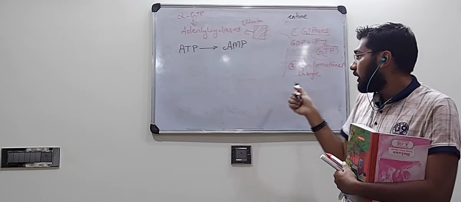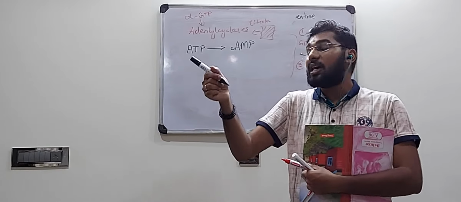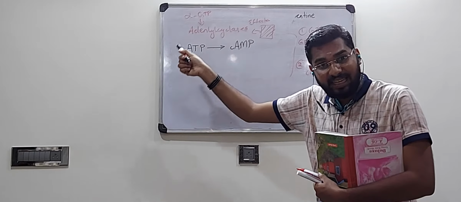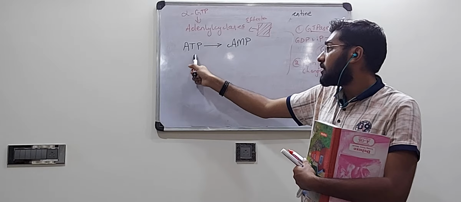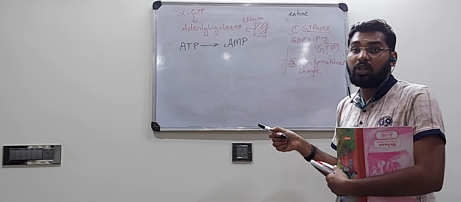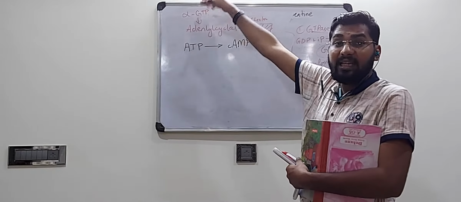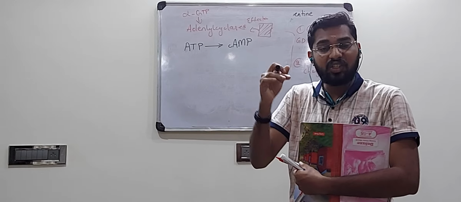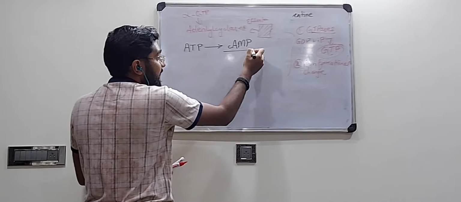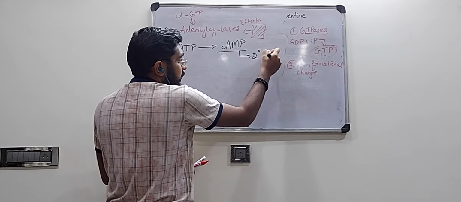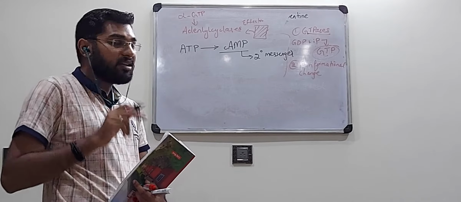Now what happens? I will quickly revise from here. After the conformational changes occurred, the alpha subunit along with GTP comes and activates this effector called adenylyl cyclase. The function of adenylyl cyclase is to convert ATP molecules into cyclic AMP molecules. So this cyclic AMP is our second signal. The first signal was the ligand, the growth hormone or growth factor that attached, which is called the first messenger or primary messenger. This is called the secondary messenger, or second messenger.